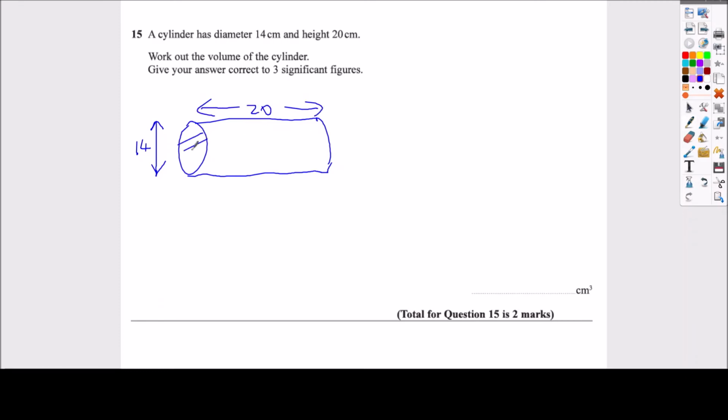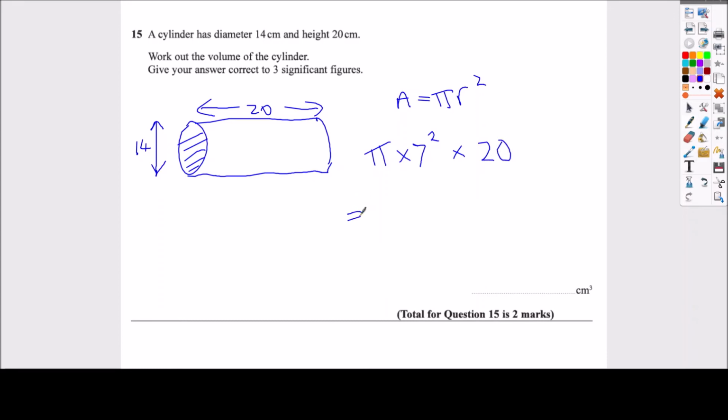Now, how to work out the volume of a cylinder, which is a prism? Step 1, you work out the area of the cross section, the end bit. Now, this is a circle. The area of a circle is pi r squared, pi times the radius squared. So that's pi times the radius, which is 7. The radius is from the centre of the circle to the outside, and that is squared. And once we've worked out the area of this circle, we multiply that by the depth of the prism, which